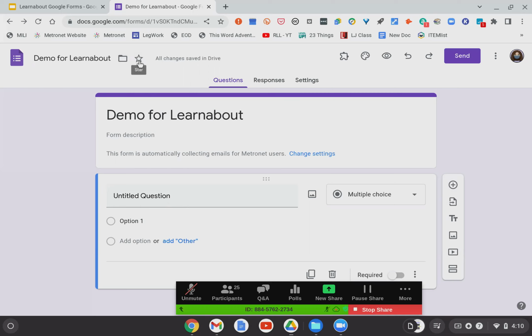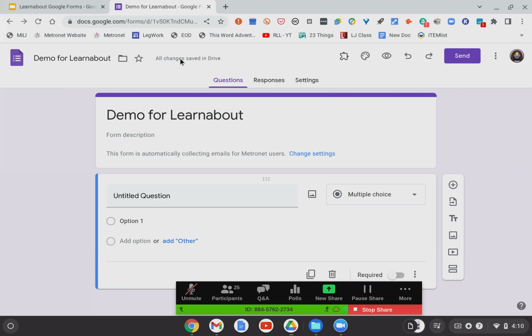And then the star, you can do that if you want it saved in your Google Drive and starred as important. So if it's something that you're creating that you know you're going to be working on or collaborating on for the near future, or if it's something that you want to be saved because you know that you'll be permanently going back to it, starring it's a good idea. Then it will actually be in its own starred folder in your drive so that you can find it more quickly. You don't have to search for it or put it in a place that you can find it. The star helps you grab it quickly.